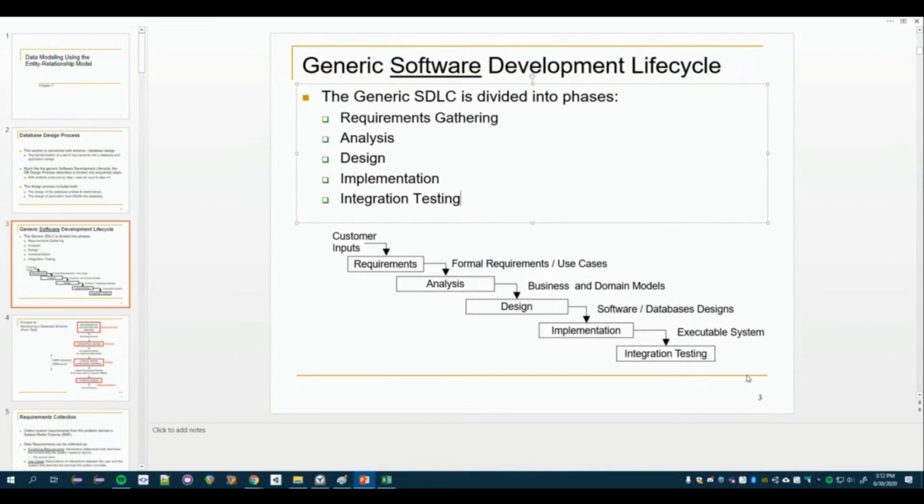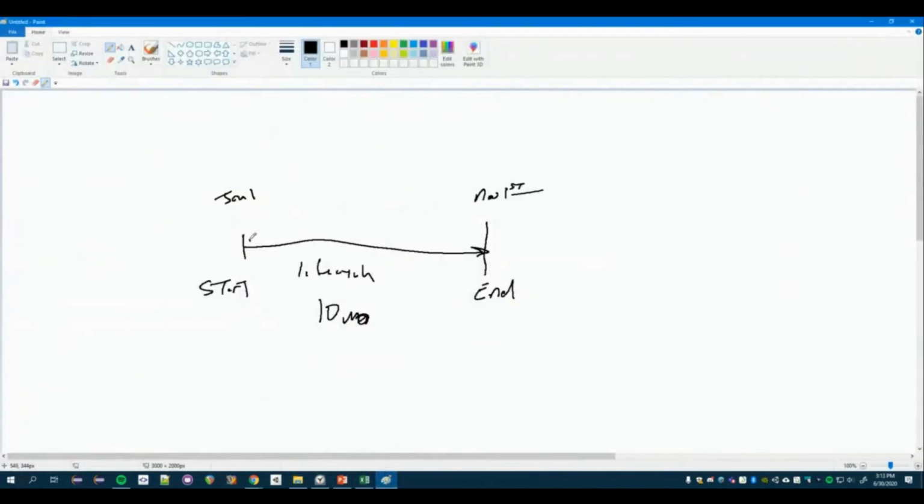And once that's done, then it's party time. It's Miller time. The system should be delivered. Okay, so these are phases, and if we looked again at our little slide, this idea, if we say that